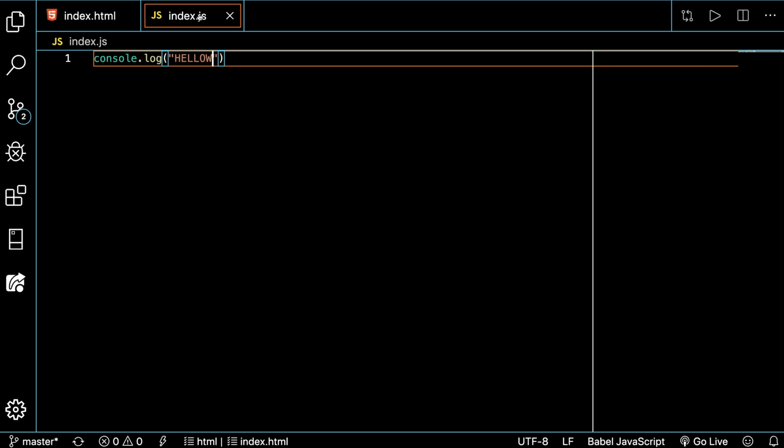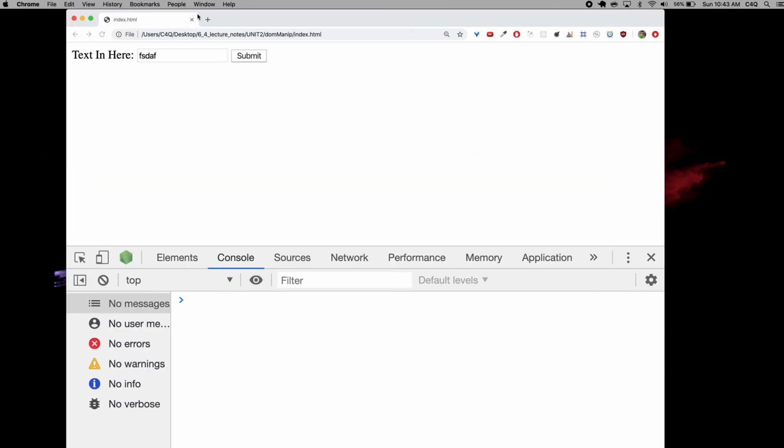So input doesn't need another input closing tag? Nope, it won't work that way. Yeah, it's self-closing. Okay, so I'm going to refresh, and I'll see that hello is written. All right, so